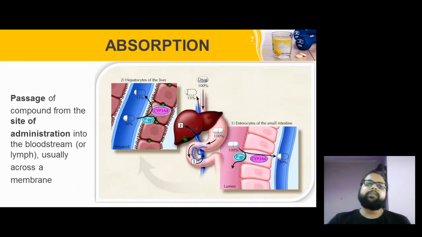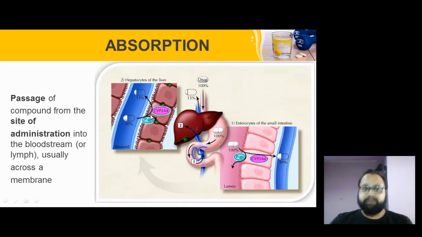Absorption is nothing but the passage of the compound from the site of administration. After it has been administered, you see this drug here, with 100% dosage. It enters your body, goes into your stomach, and still remains 100%. Once it goes inside, the first place it actually goes is your small intestine. In your small intestine, of this 100% drug, about 70% is lost, and 30% goes through the entire process and then enters